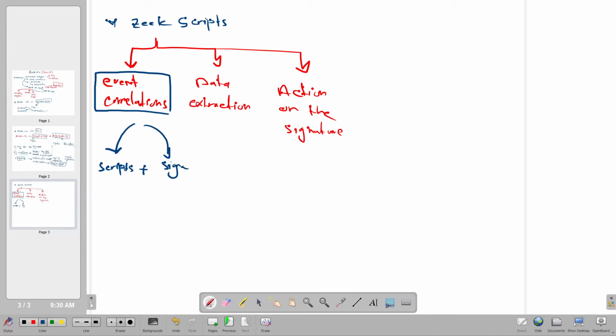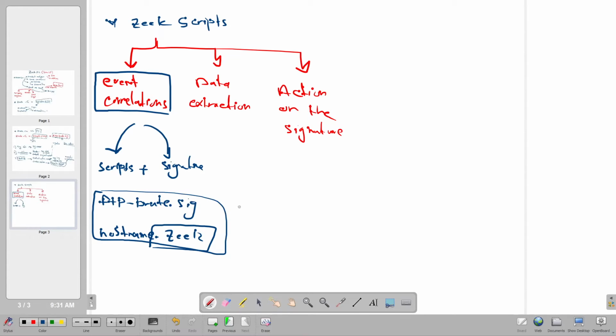Let's give an example. Let's say we have the FTP brute force signature, and we have a Zeek script, it could be something like hostname.zeek. All Zeek scripts are created with the extension .zeek. Now if we run these both together, what's gonna happen? Let's say we have a sample pcap file, and Zeek will run both the signature file and the hostname script. So if Zeek detects that there is a brute force attempt according to the signature file, it's going to generate a hit. So we have a hit here, and then it's going to extract the host name